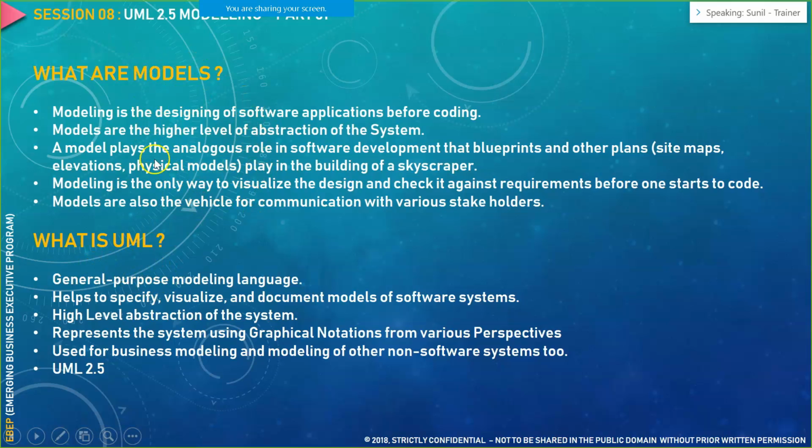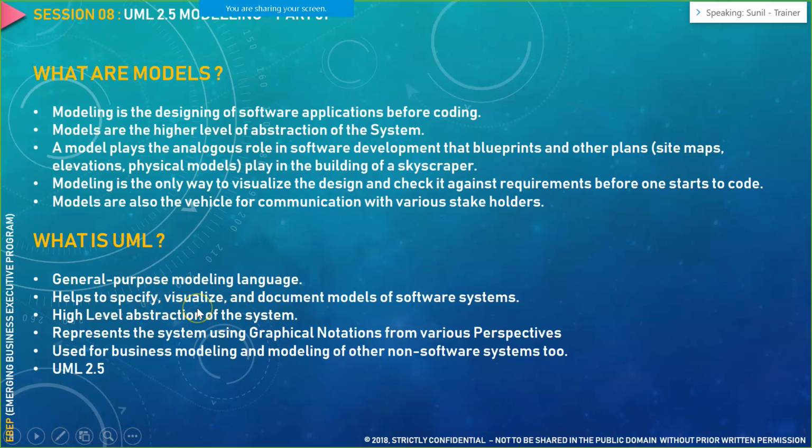So modeling generic description means in business analysis, UML modeling is not the only thing. We also have database modeling, UI screen modeling, then we have process modeling. So there are various modeling techniques that we use in business analysis. So this is a generic description of all the modeling techniques as a whole. Now we would come to the UML part.